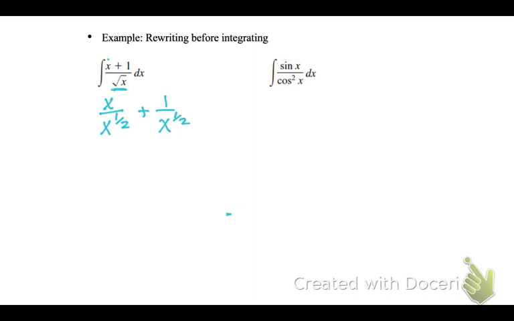Isn't that what that says? Yeah. And then so I'd subtract 1/2. So I'd have x to the 1/2 plus x to the negative 1/2. And then I would find the integral. Okay, so get as far as you can and we'll finish notes tomorrow. Okay. But please do